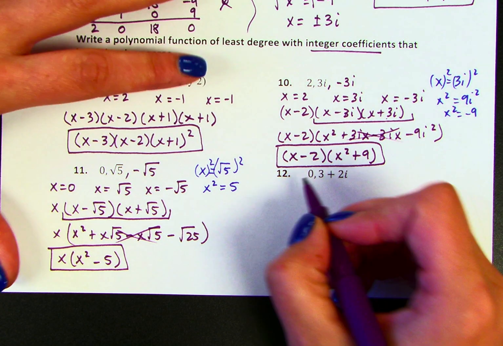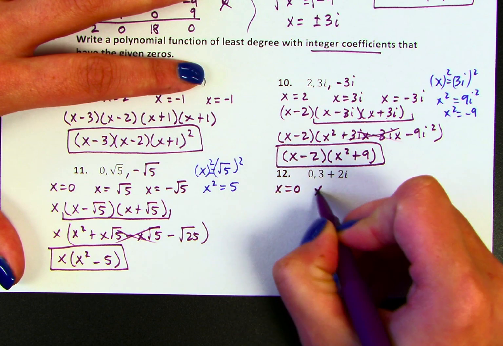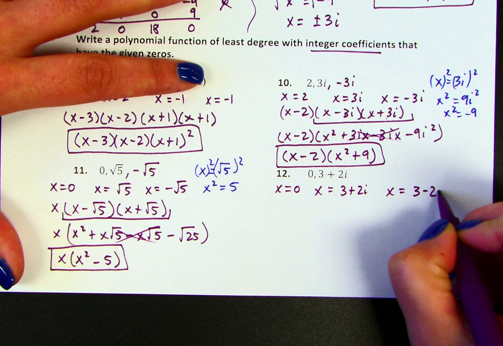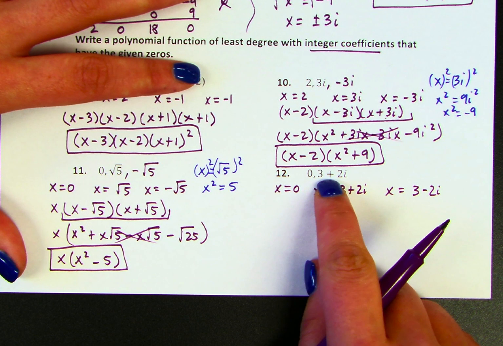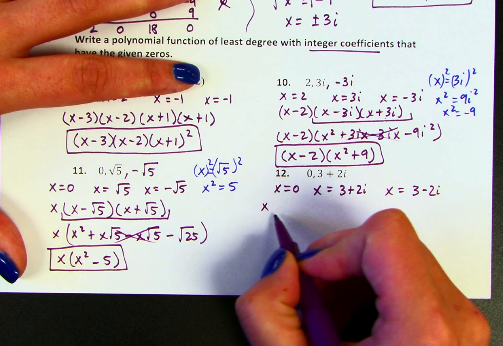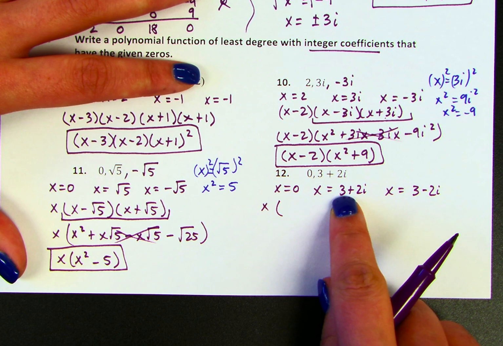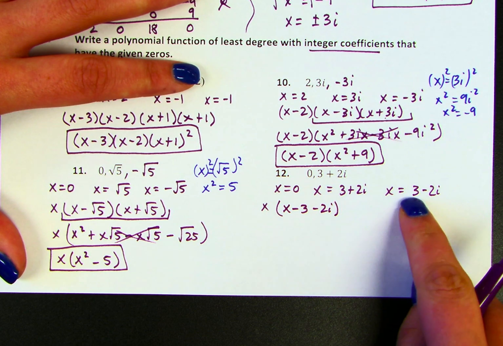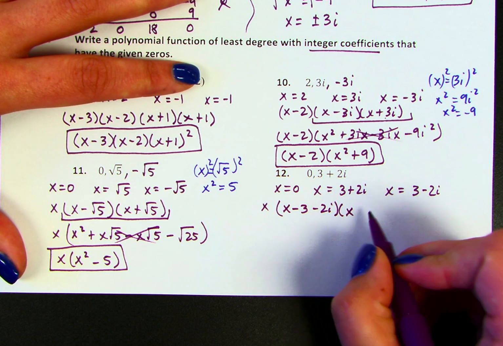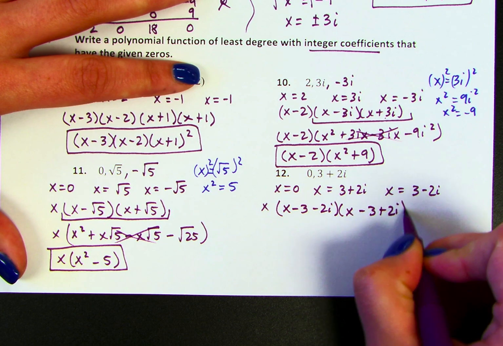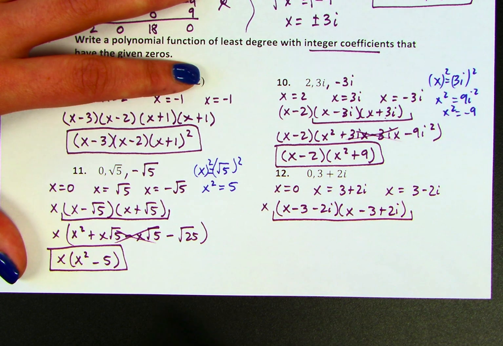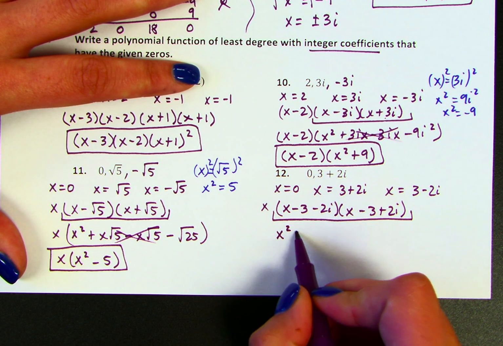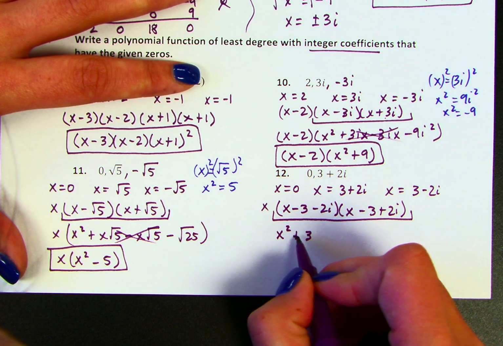So next one, I will have x equals 0, x equals 3 plus 2i, and then x equals 3 minus 2i. So again, that always comes in a pair. So that will just give me an x. And then I'll need to subtract the 3 and the 2i. So this will be x minus 3 minus 2i. And then I'm going to subtract the 3, add the 2i. So this tells me I need to multiply that back together. So I'm taking x times everything in this third group. So that will give me x squared minus